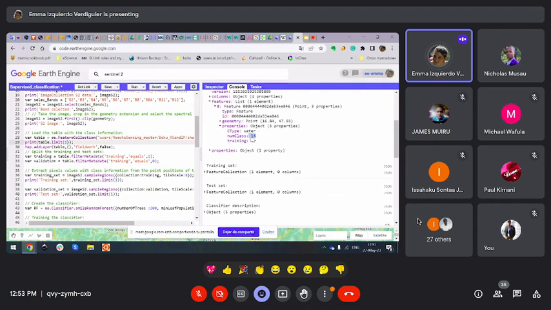And there is a property which is called training. I added this column to make my life easier in Google Earth Engine, and I assign ones to the points that I'm going to use for training my classifier, and zeros to the points that I want to use for